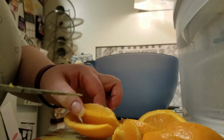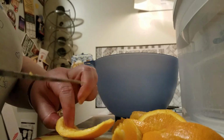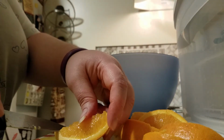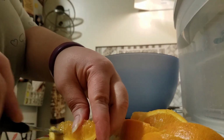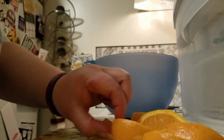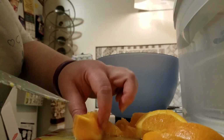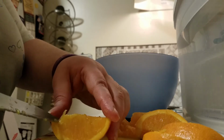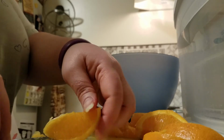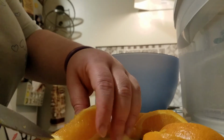You'll notice I did cut toward my finger there, but I took my finger away before the knife got near it. It's not 100% safe, and if you have not been operating a knife for more than 20 years, I would not suggest it. Even then, some people still cut themselves, so play with caution. But I actually don't even know how else you would cut this thing,